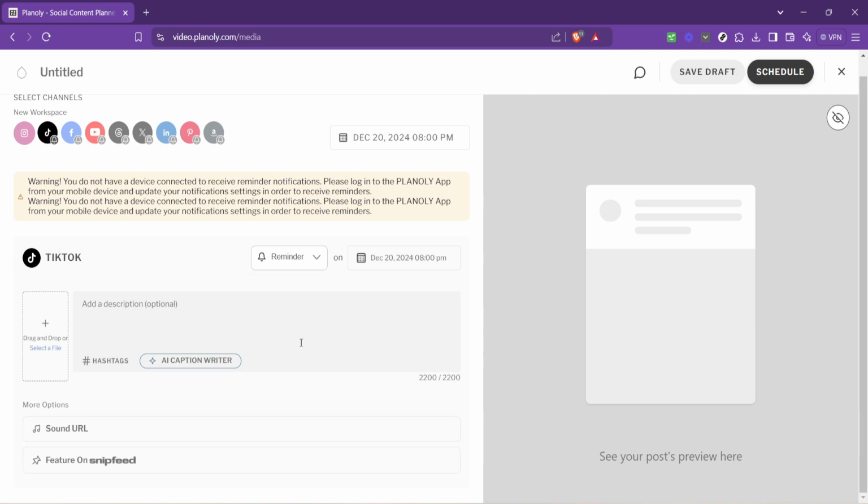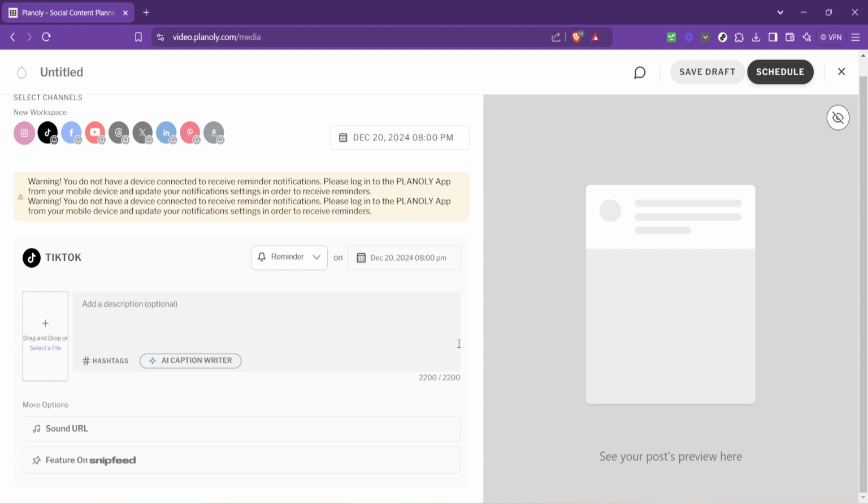The final step in the process is clicking on Schedule. This action sets everything into motion, submitting your post for the scheduled time and date. It's a satisfying conclusion to the planning process, leaving you to anticipate the engagement from your well-crafted post. Remember, successful social media management hinges on consistency, creativity, and adjusting to your audience's preferences. Incorporating music into your posts can elevate them, making them more engaging and enjoyable for your followers.